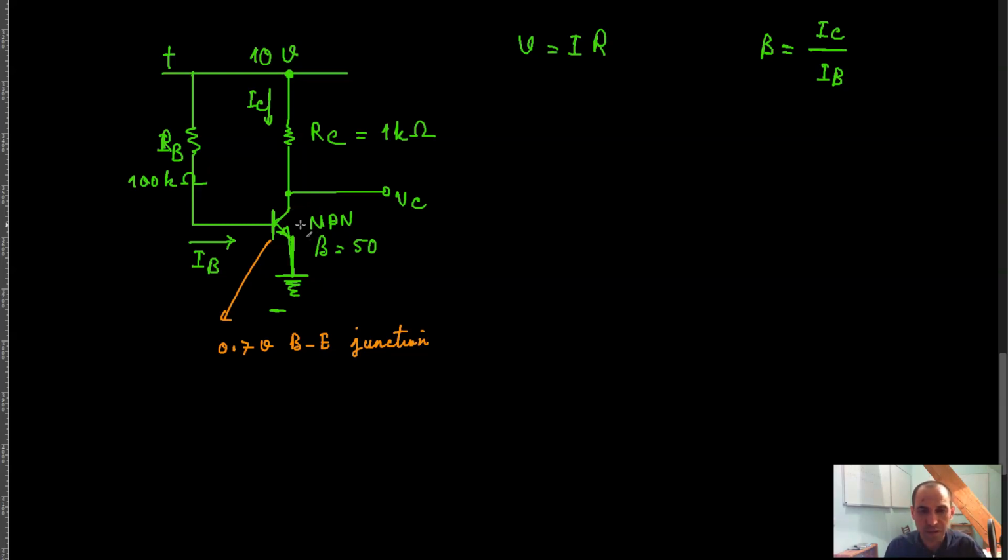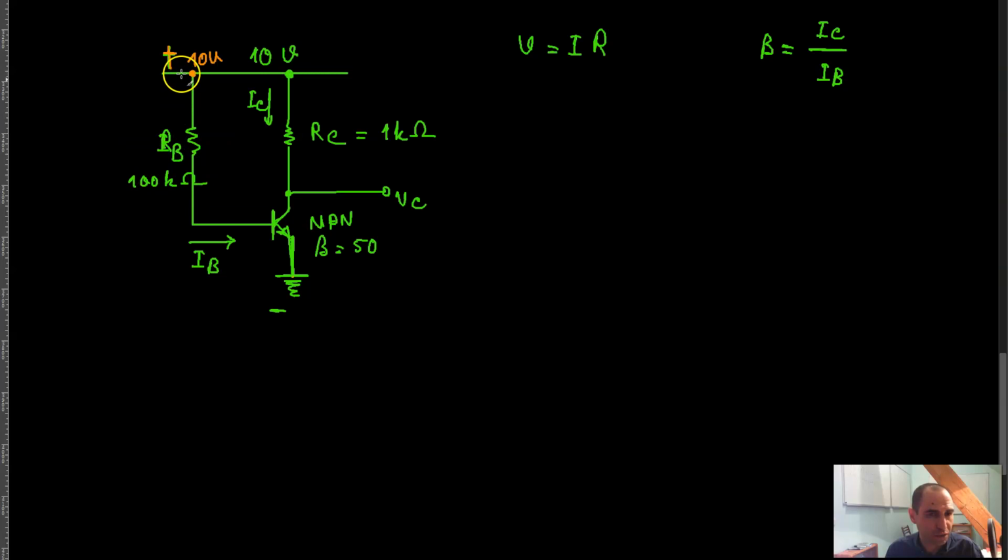So that would not be a problem either. That means that I can simply ignore the 0.7 volts base emitter junction voltage drop of the transistor, meaning that I can just simply forget about this whole thing, right? So I can assume that the whole power supply voltage, the 10 volts that I have over here, is going from the positive pole of the power supply to ground from here. And I can assume that basically the whole voltage is being dropped across the